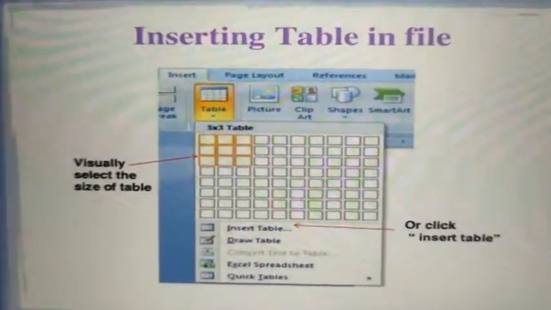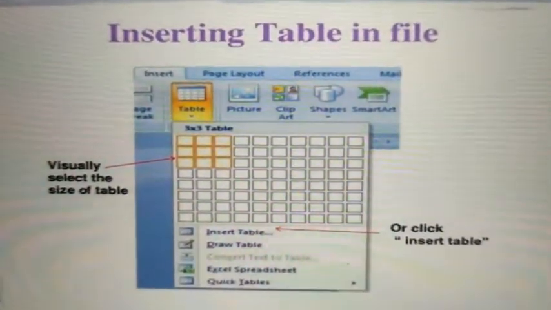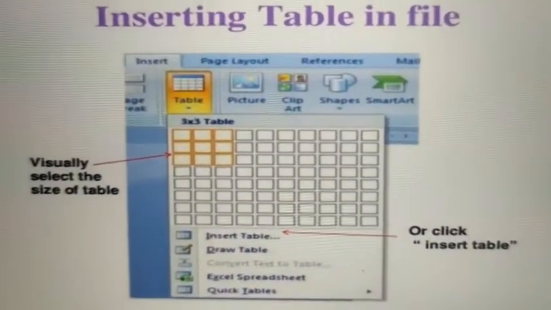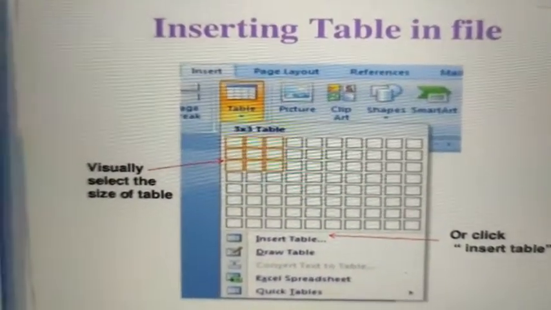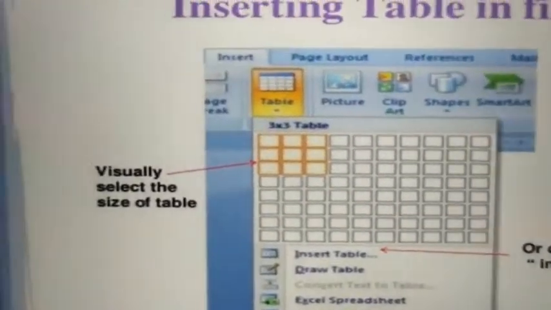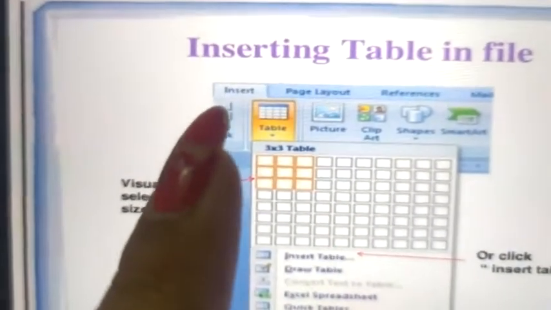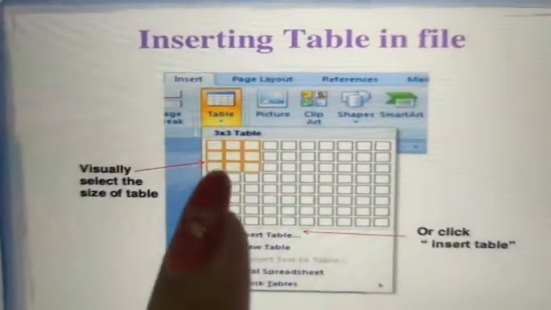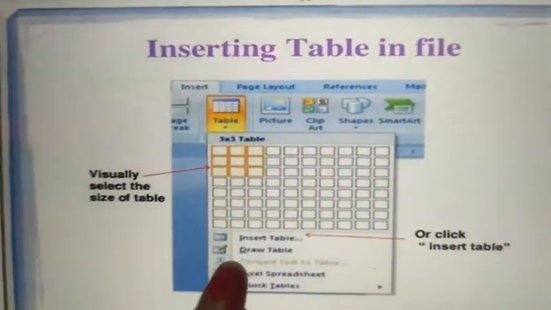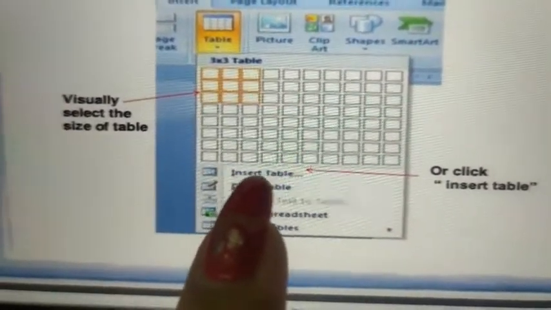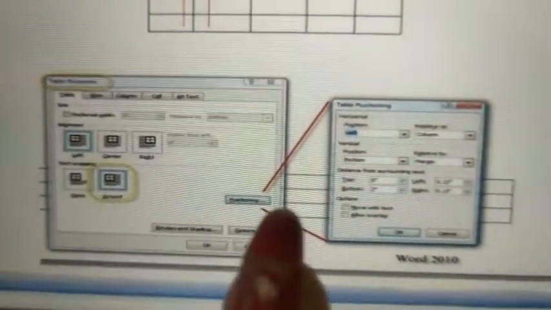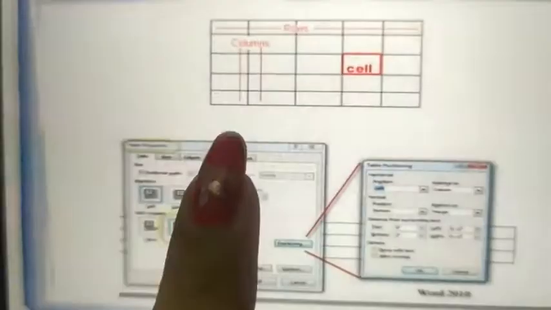Now next, the last feature of MS Word, is inserting a table in a file. Suppose you want to show your data in table format in your document, so you can use this option. This option is provided by the insert menu, in table. You can select the columns and rows, or you can make your own table with the insert table option. Now look here, suppose you add the table, here are the rows and here are the columns.